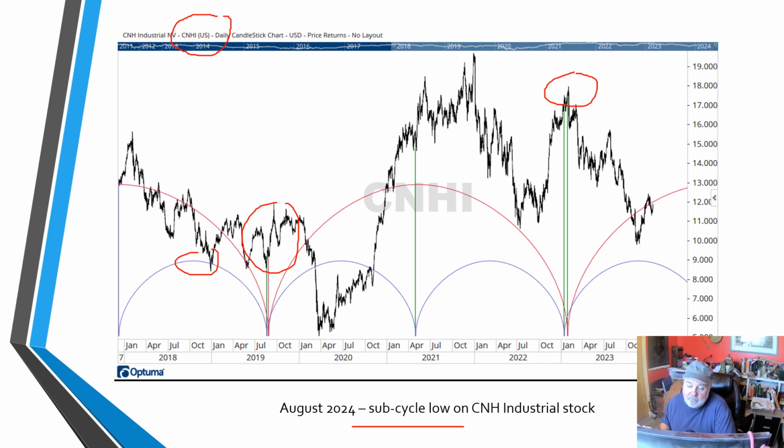Now, for people who like to trade and not use a whole lot of money, take a look at the share price of the ADR format shares that trade in New York. I mean, you're going to get these in that $10 to $12 range. So perfect. If there wants to be a cyclical low this summer, maybe it gets down into that $8 or $9 range and starts to claw its way back. There is going to be some very interesting trading money to be made using not a whole lot of capital. So CNHI is the ticker symbol on CNH Industrial.